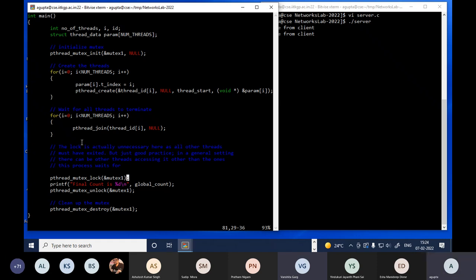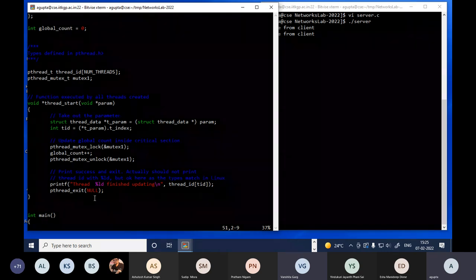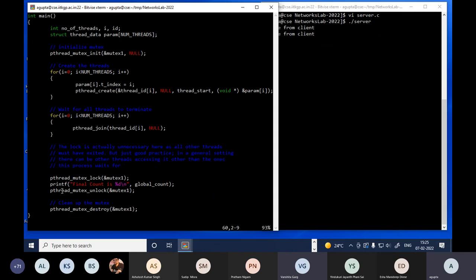Actually, no. Sorry, this is the main function. I'm sorry, this was wrong. This will actually wait for the threads to terminate. So this is the main function. Sorry. That was another call. So the call made here will do this. Look at this: this is the main function that is doing this, not one of those threads. The threads are in that thread start function, and they will exit after they do this. So each thread will terminate here. What this main function is doing is